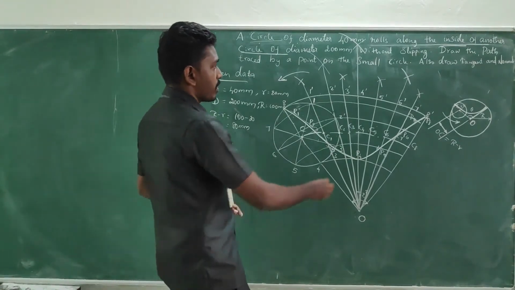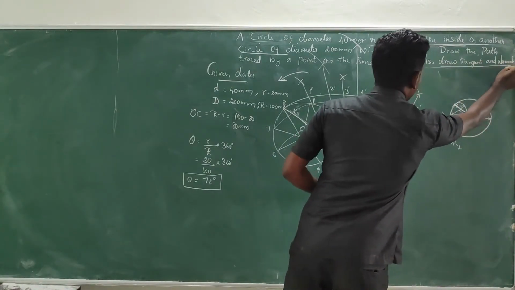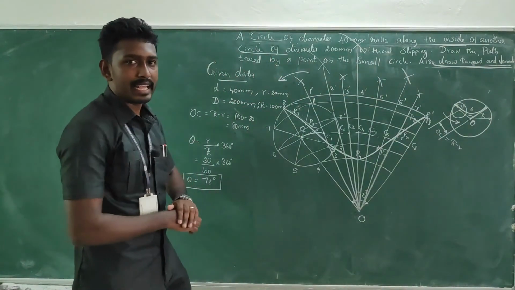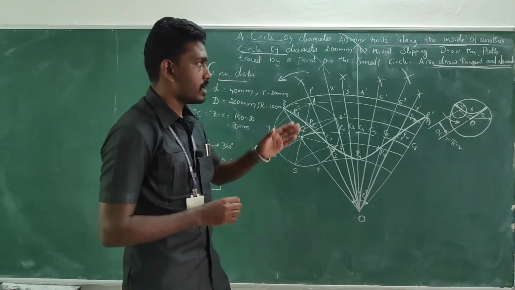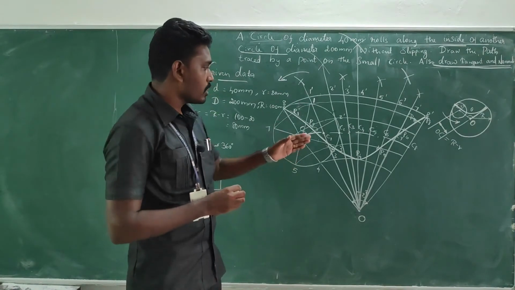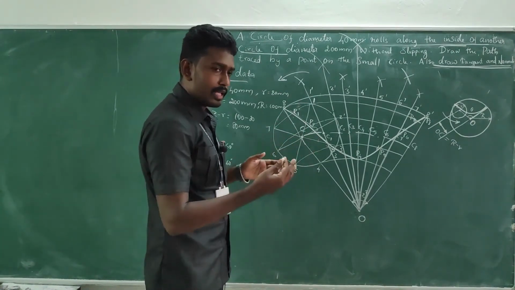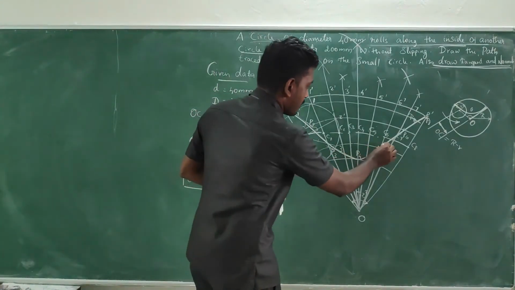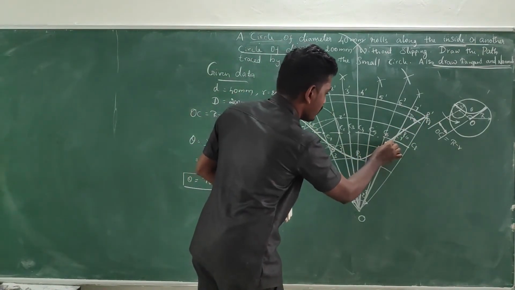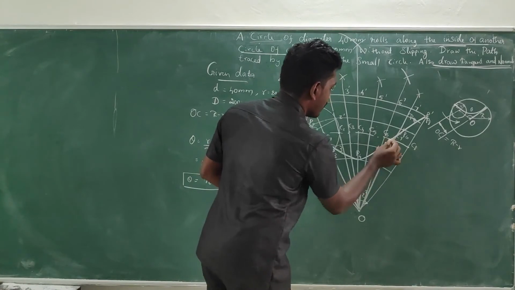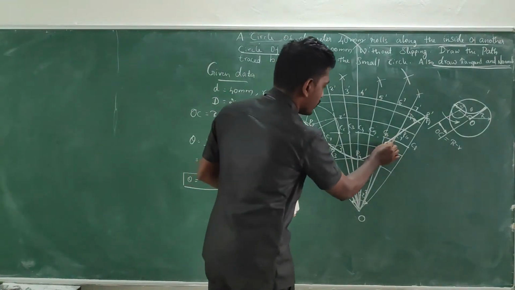So look at the question. Also draw tangent and normal. We don't have any condition. Just it is mentioned: draw a tangent and normal. Okay. So it is just your wish. Take a point anywhere on the curve. Just take a point. I am preferring this particular place. I just prefer the point here.